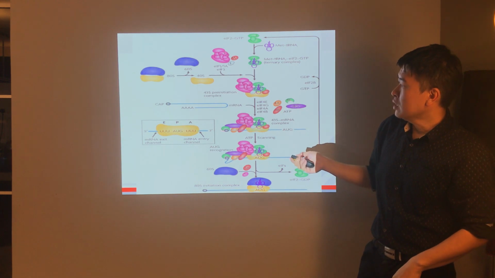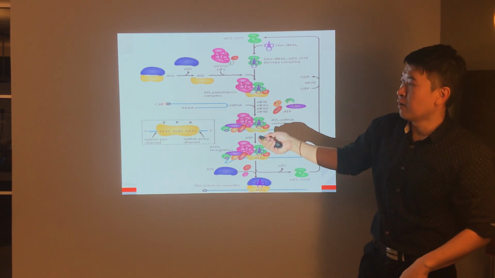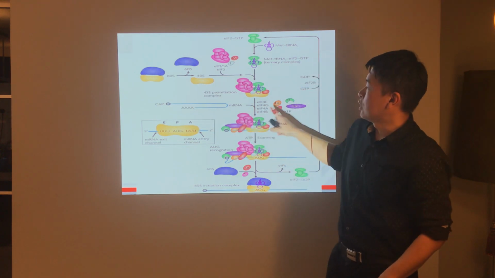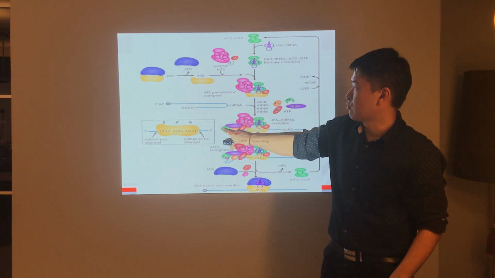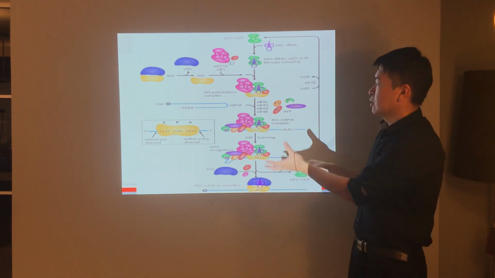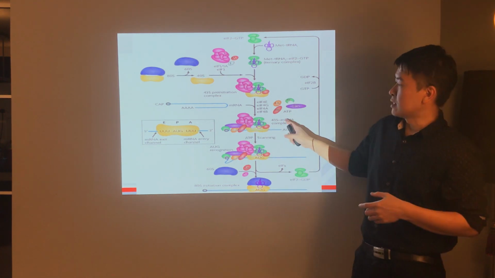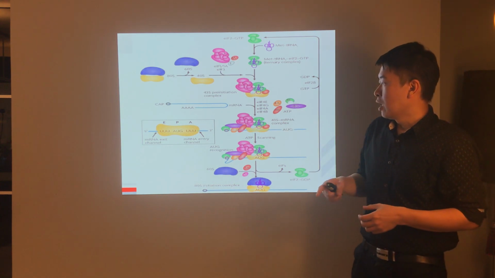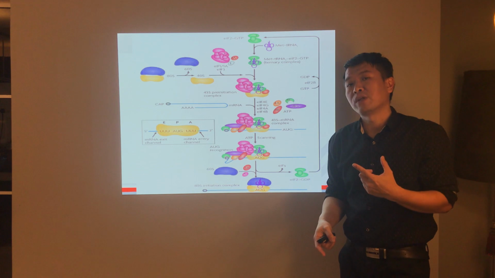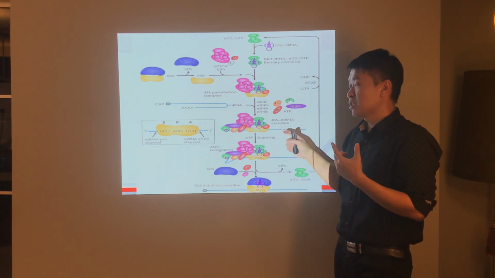So this is where the cap of the dengue virus will be bound by 4E, and this 4E will then bind to 4G and bring everything together to form the 43S mRNA complex. Before we move on to the next step, I also mentioned that there is a very important step for this